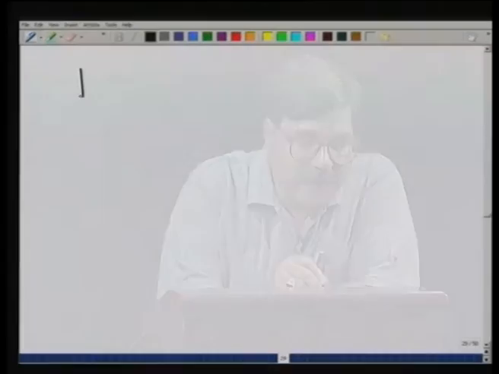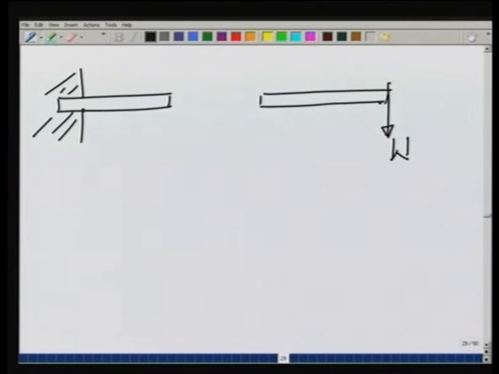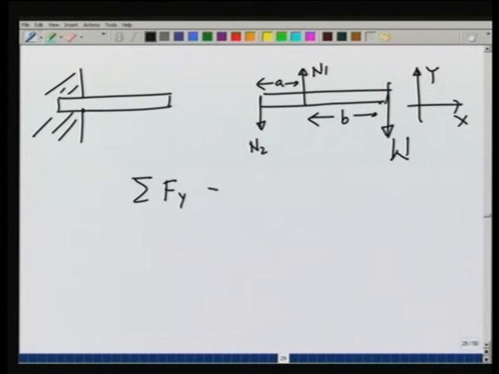Let us go to the next page and see. So, what we did, we are looking at this built-in support, and when I apply a force in this direction, let us say W, at this point there is a normal reaction N1, and at this point there is a normal reaction going in this direction N2. Let us say this distance is B and this distance is A. Then since there is no force in x direction, I need not worry about it. I am taking x direction like this and y direction like this. Summation over F_y is equal to 0 gives me N1 minus N2 minus W is equal to 0,